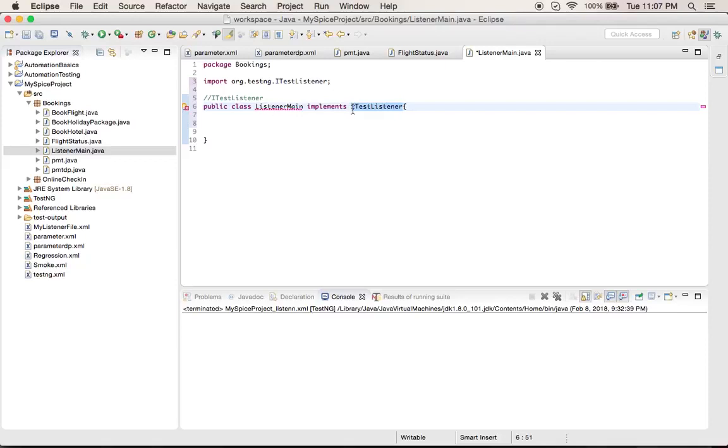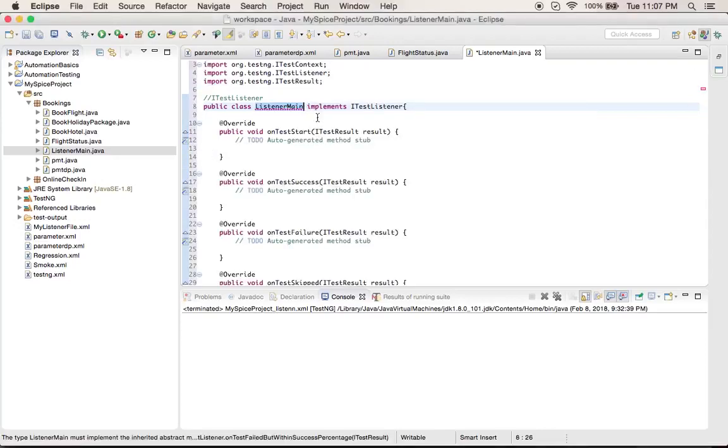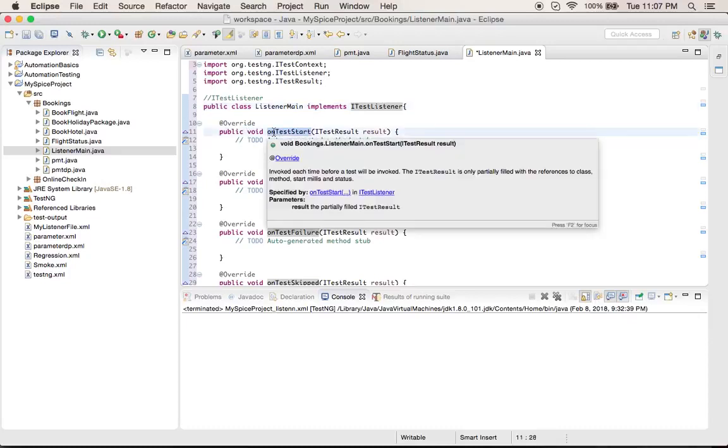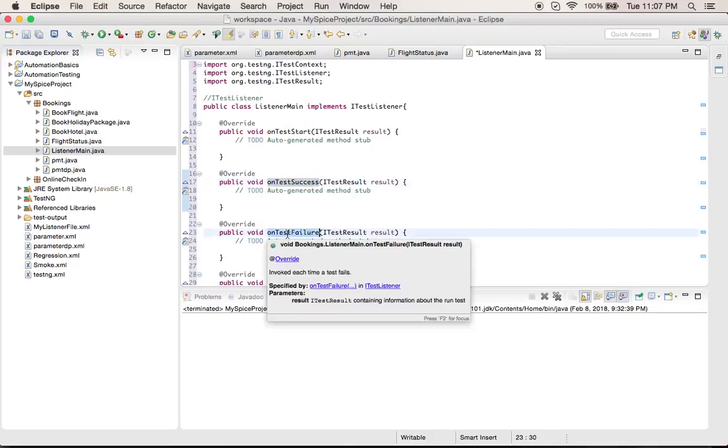Now, I know this is a basic Java concept, but I'm just giving you a high level overview of what it does. I'm implementing this particular interface which already has a number of methods. The error here asks you to get all the unimplemented methods into this class. So you just double click and see what happens. Alright, so here are all the unimplemented methods that are supported by ITestListener. So what happens in the test case? A test case can start, a test case will be success, a test case will be failed.